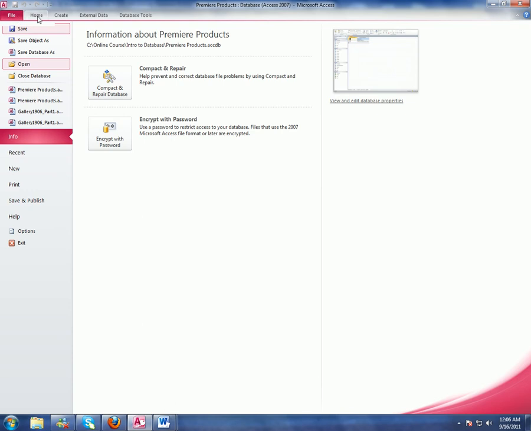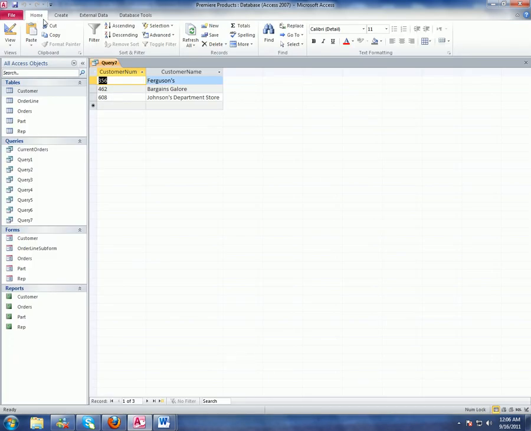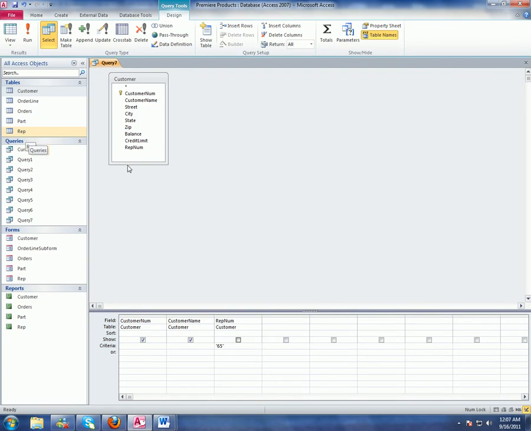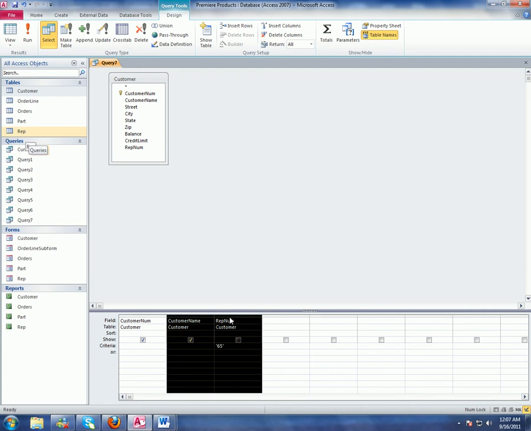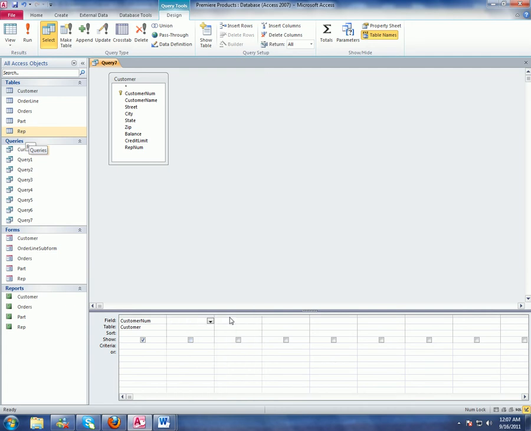Now we're going to move on to number 8. Number 8 says, how many customers have a credit limit of 10,000? We're still going to use the customer table, so I'm going to go back to Design View instead of starting from the beginning, and we just need to know how many customers have a credit limit of 10,000. So really all I need is just one field, like the customer number or the customer name. So I'm going to go ahead and select these 2 and delete them because I don't need those fields, but